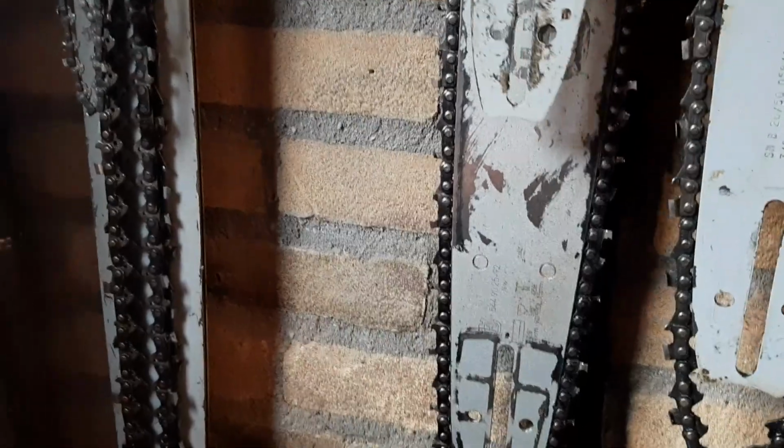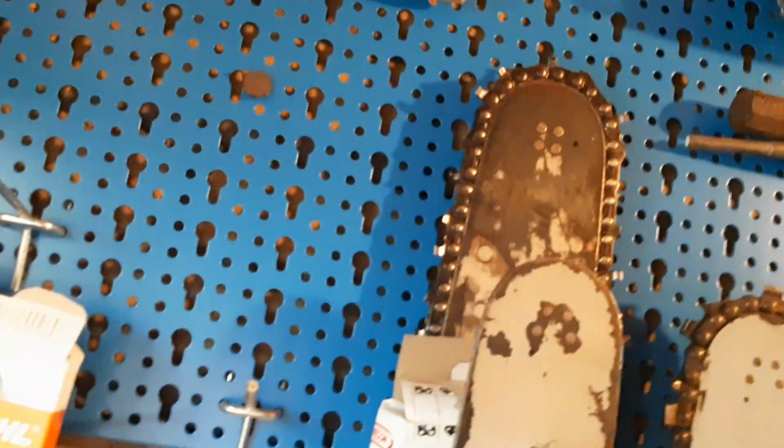Got this bar, got that bar. This bar has been featured in some videos. It's a standard Husqvarna light bar that they started out with, also in 2013 or 14. Those bars are not that durable. So nowadays, with the